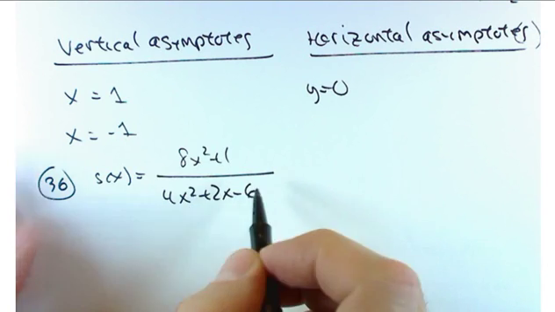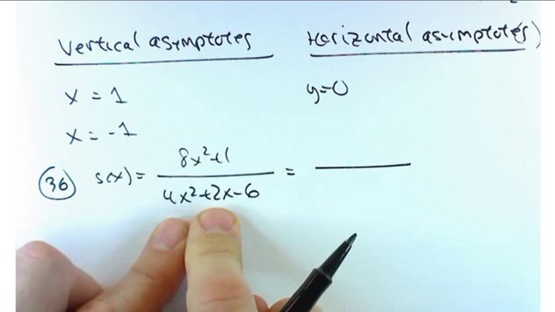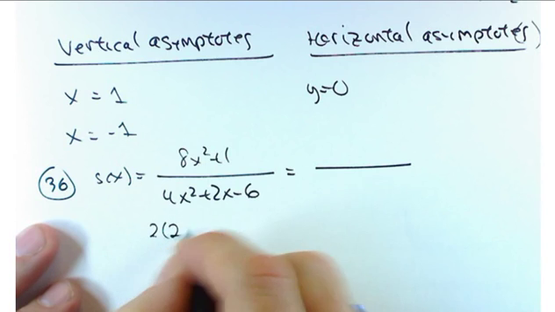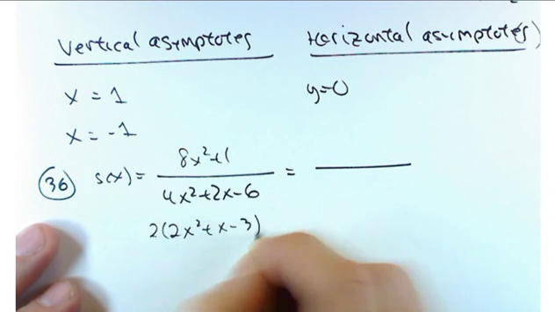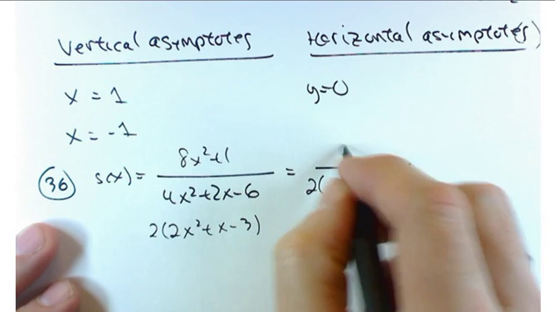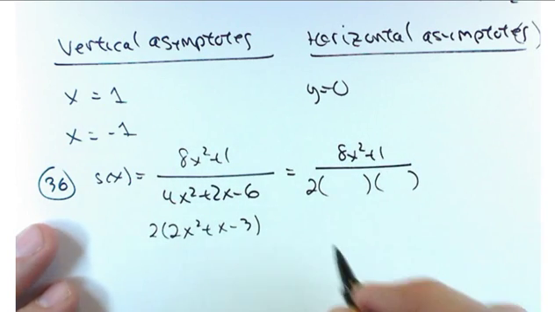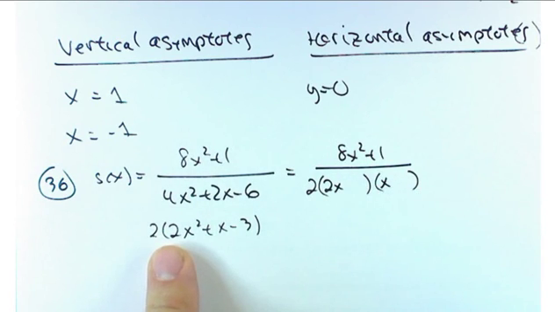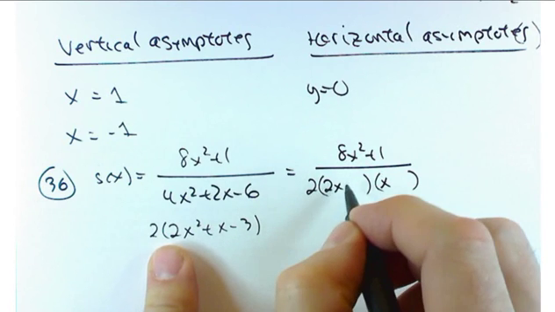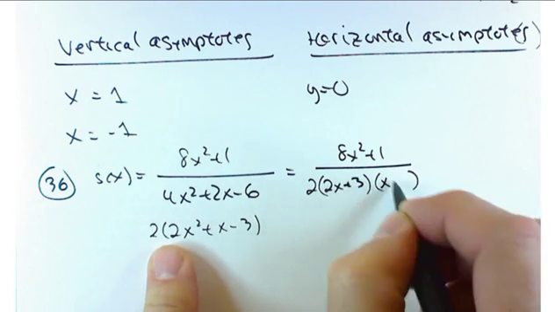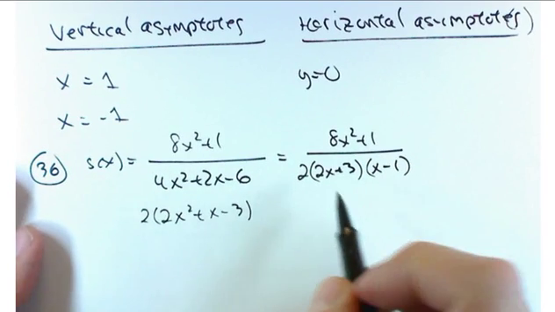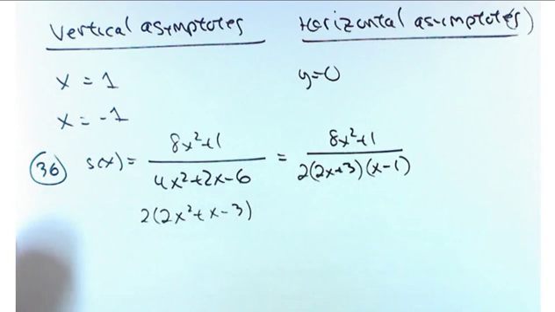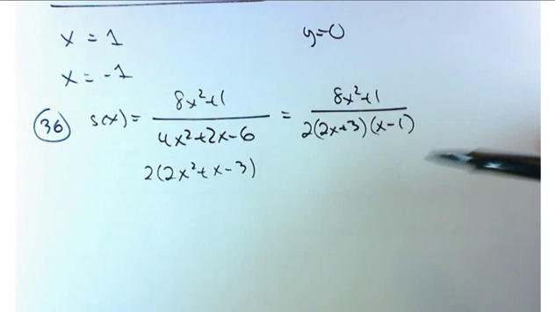So the big thing we need to do is figure out if and how this factors. Personally, I think I'd factor out a 2, which leaves behind 2x squared plus x minus 3. And then see if it factors from there. So I'll need a 2 and an x. And let's think. We'll do a plus 3 and a minus 1. Is that going to work? Lucas, you're the master on this one. Let's see. Yeah, that works. Okay, so there's a little bit of a head start for you. See if you can figure out